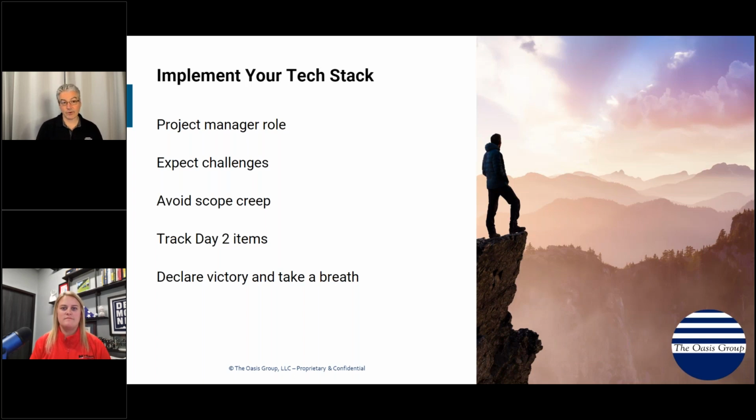Claim victory on your first implementation, and then you can rinse and repeat and start the whole thing with day 2 items, get requirements on day 2 items, and rinse and repeat the whole process. But definitely focus on delivering what you said you were going to deliver first, capture anything that's special outside of your initial scope as a day 2 item, and then come back to that after you've claimed victory on the